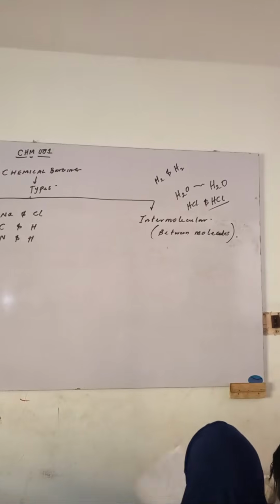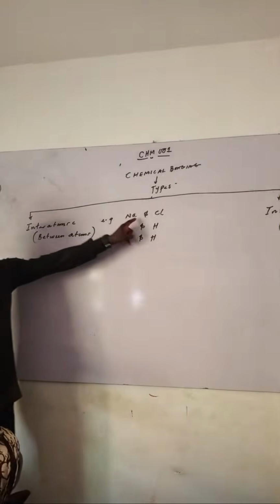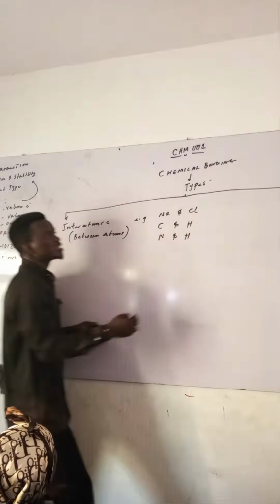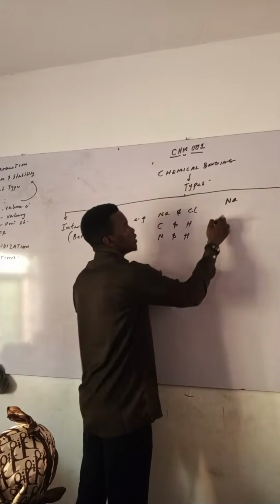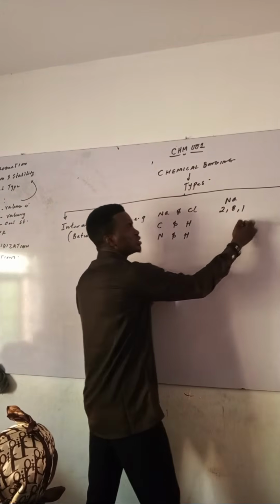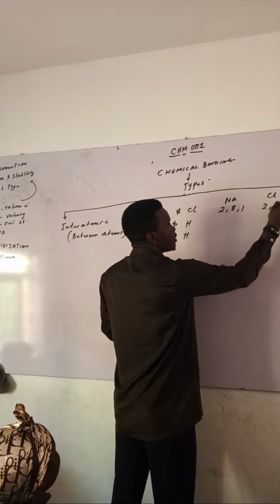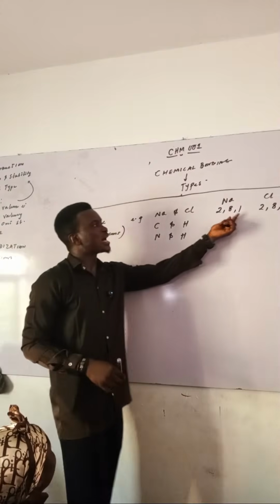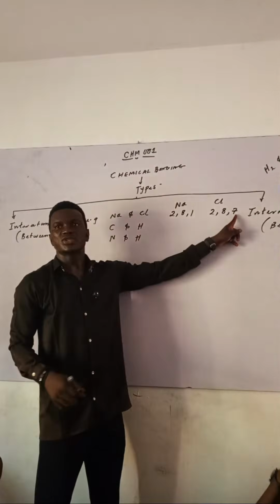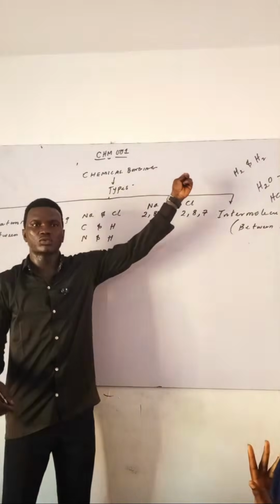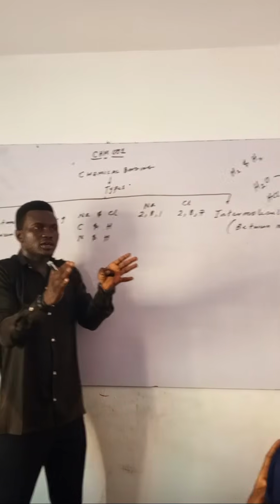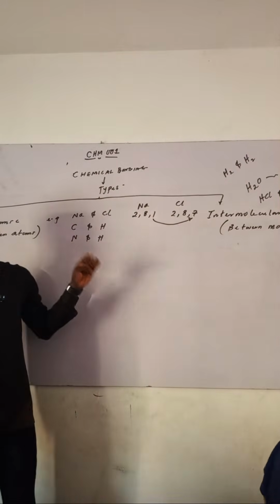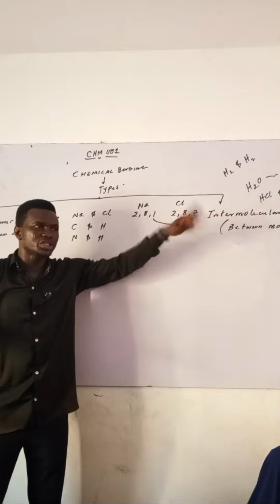So now when you're talking about interatomic, if I want to join sodium and chlorine, there's a way I have to go. Let me give an example. Sodium 2,8,1, right? Chlorine 2,8,7. If you look at this now, chlorine only needs 1. Sodium wants to give out the 1. So they don't even want to share. So sodium will transfer. That is what makes the difference. Sodium will give it out totally. It will not share.